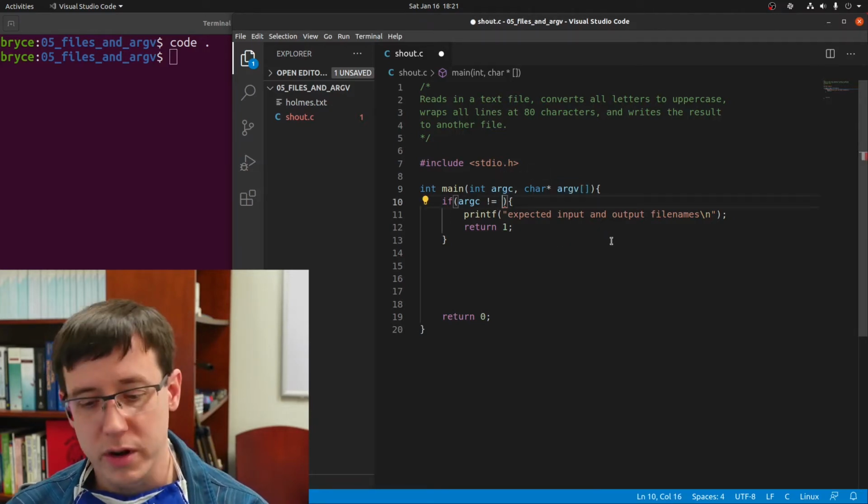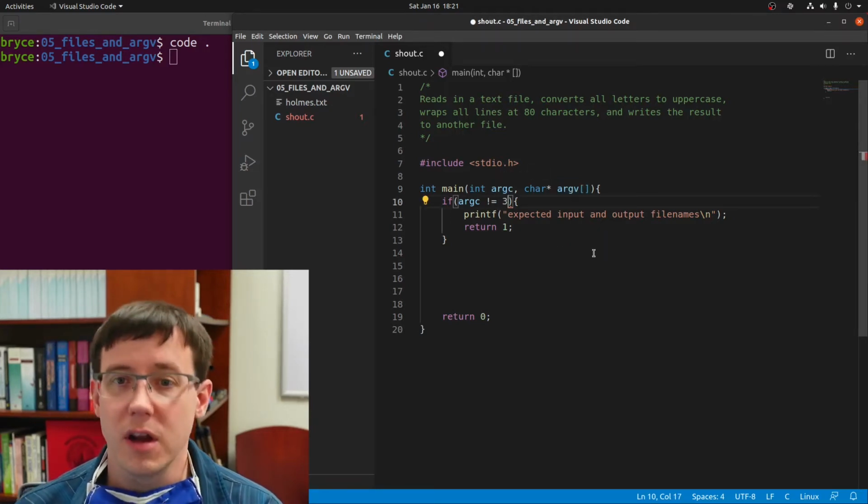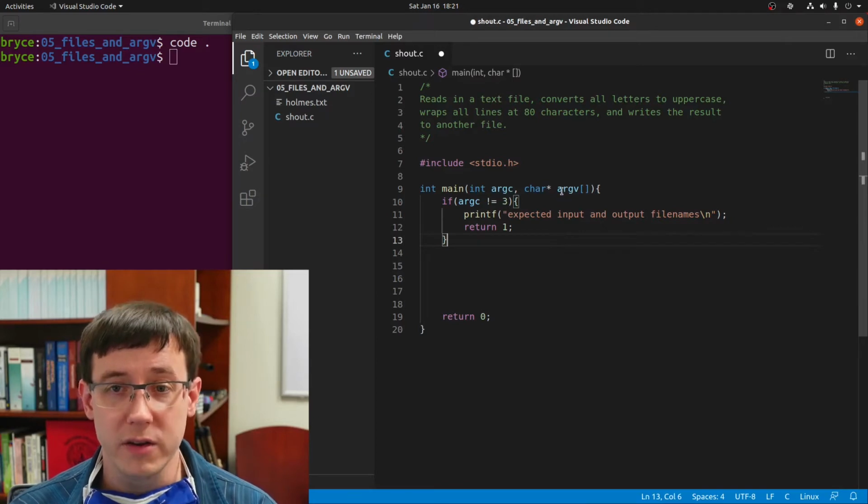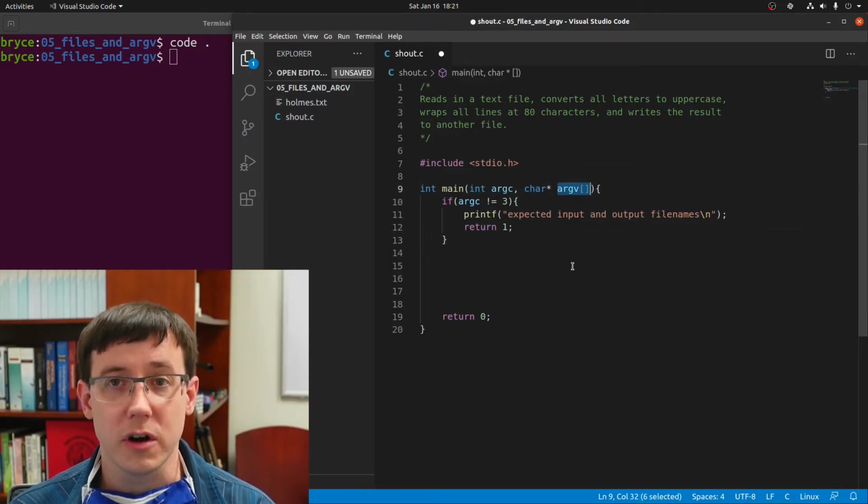So we want to print an error message if the number of arguments is not 3. If the user gave us 3 arguments, then we want to treat element 1 of this argv array